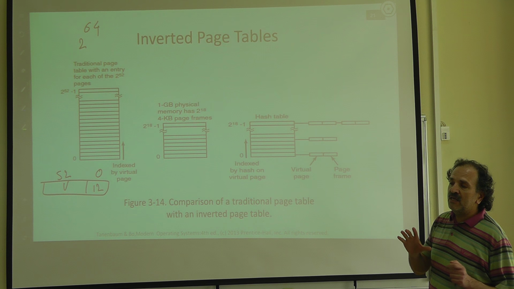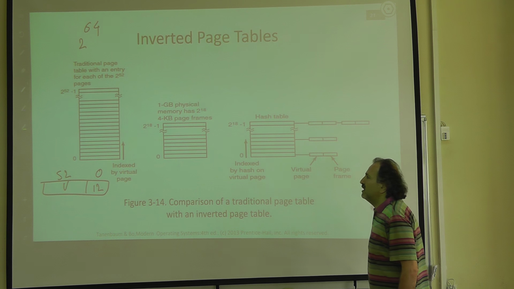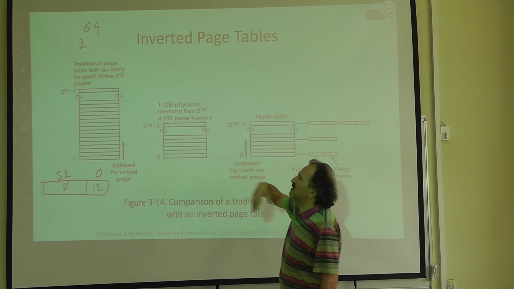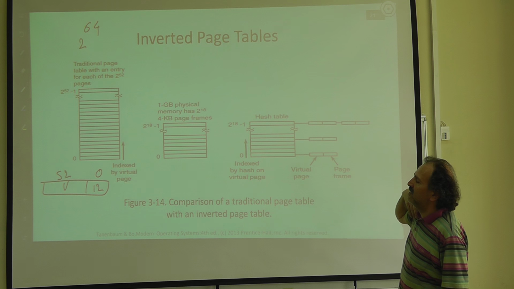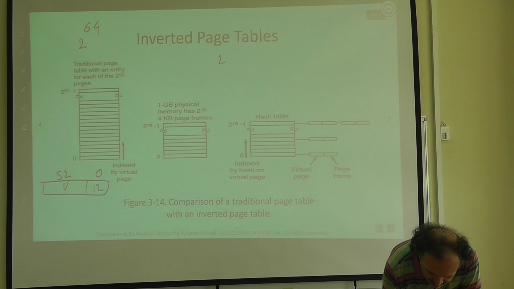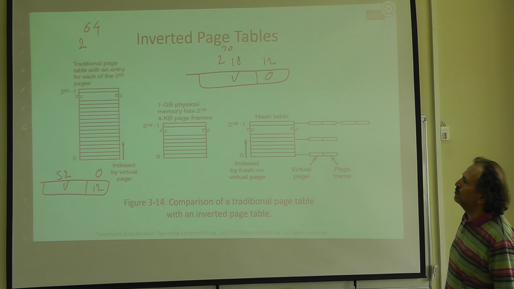All they do is keep most of your page tables on the disk. But with inverted page tables, let's say I have 1 gigabyte of physical memory with 4 kilobyte page frames. 1 gigabyte is 2 to the power 30, so I have 30 bits. 12 bits are for the offset, and the remaining 18 bits are for the virtual part, the lookup part. So 2 to the power 18